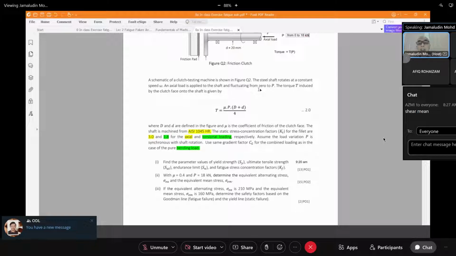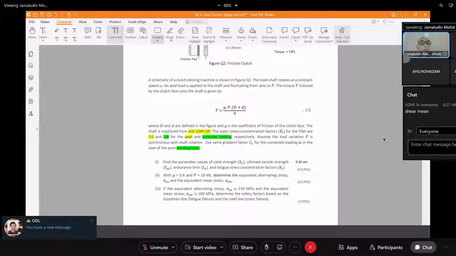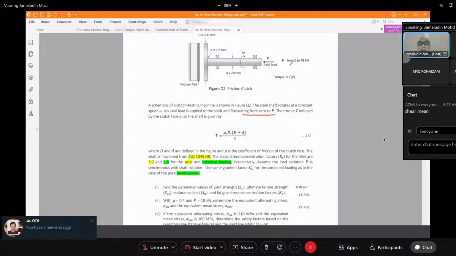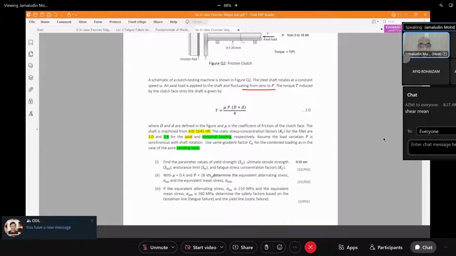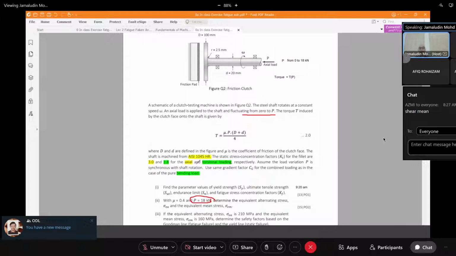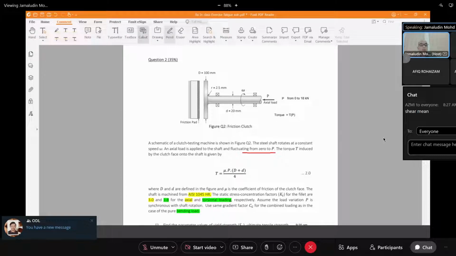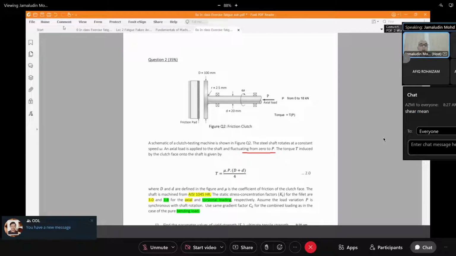Okay, shaft rotating. Okay, this one. Be careful. The shaft is fluctuating from 0 to P. That means the value of P is from 0 to 18. It should mention here. Be careful, because it's a bit tricky there. You have to look at the detail in the question, from 0 to 18 kilonewton, meaning that the load here is going to be your load. The load here will be